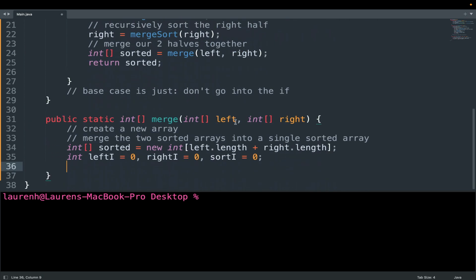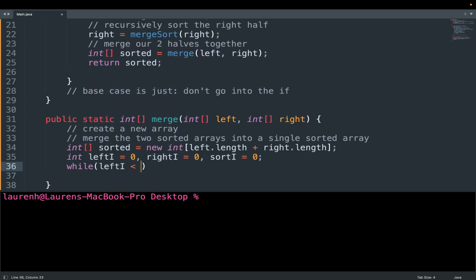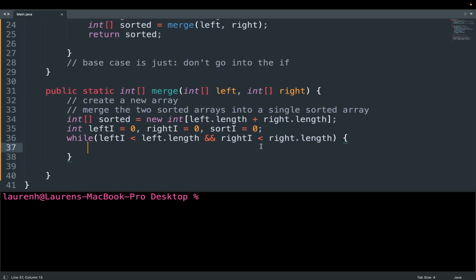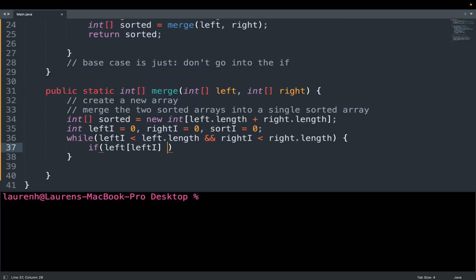Now, the very first thing we're going to do is move along between left and right, moving them into the sorted array until one of these two becomes empty. So while my left index is less than the left length and the right side index is less than the length of the right side, I can go ahead and figure out what needs to move into sorted. If the left side at the left index is less than the right side at the right index, I need the right brackets there,